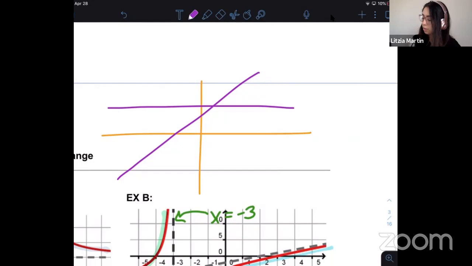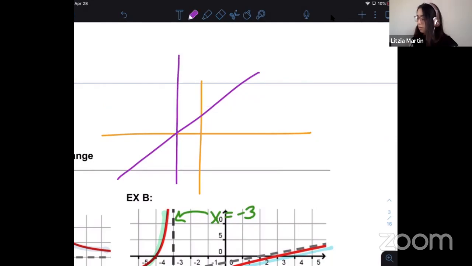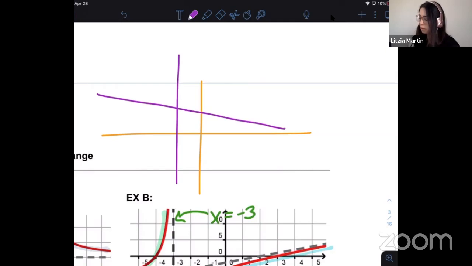Oh, that's not what I want to do. Is that going to work? Nope, that's still going to overlap. So something like this, if I were to graph this here,